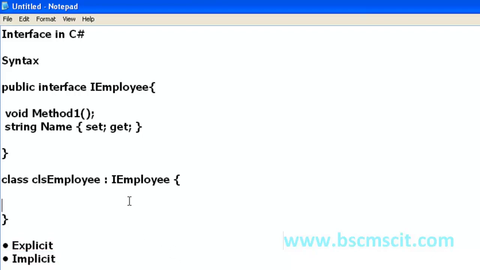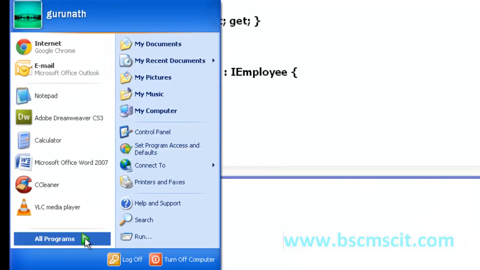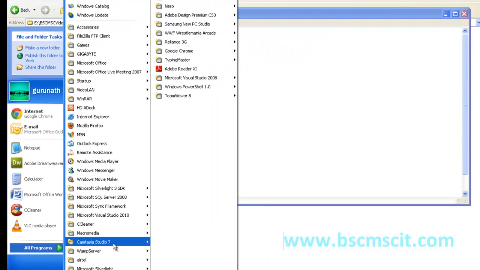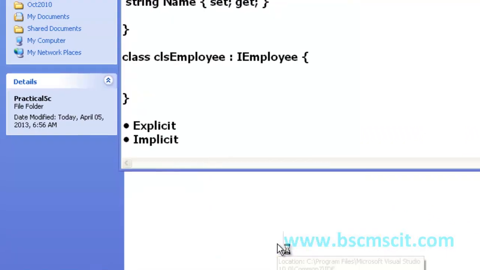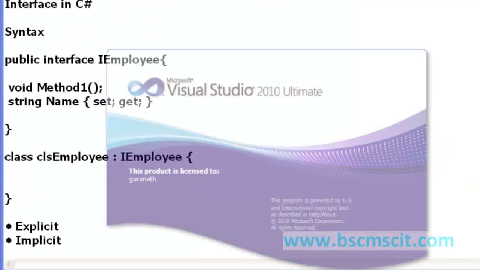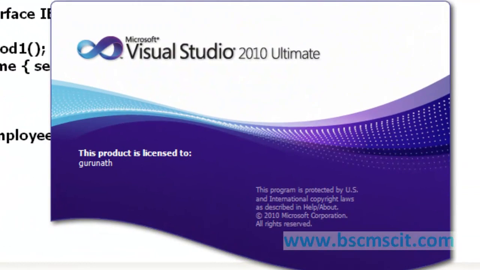For this example, I'm going to use a console application to demonstrate. So let me open up my Visual Studio 2010. My .NET Framework will be 4.0 and my language will be Visual C#.